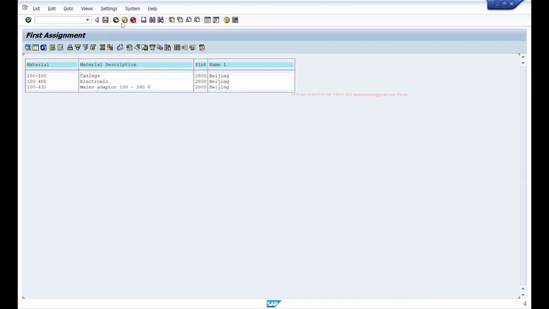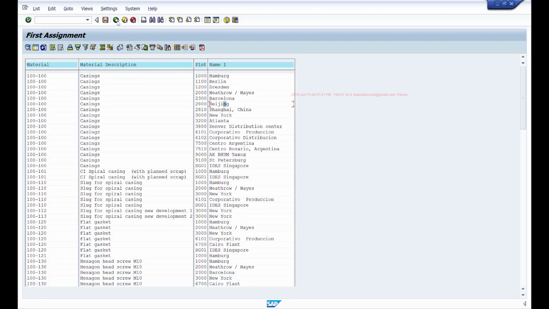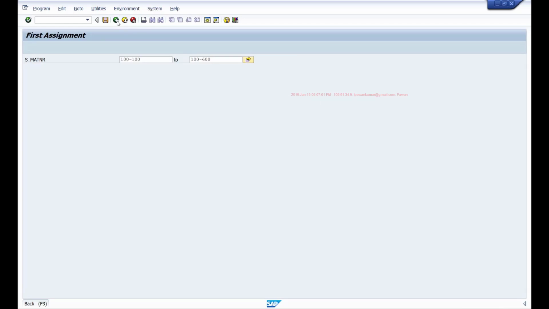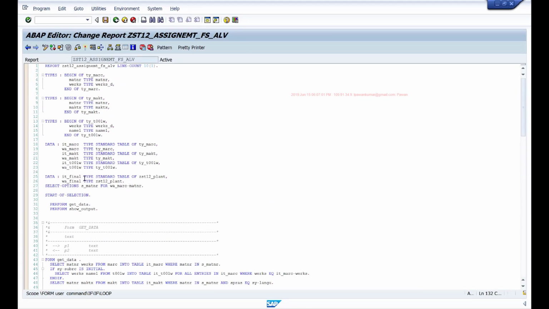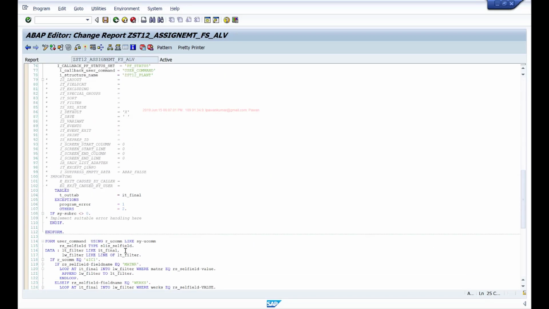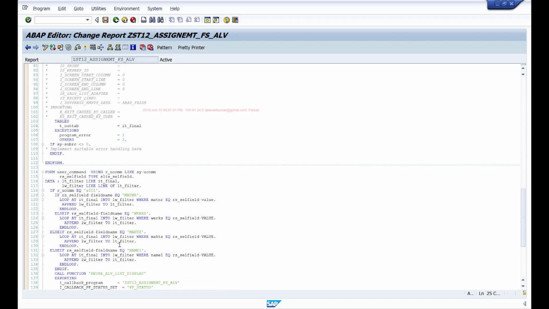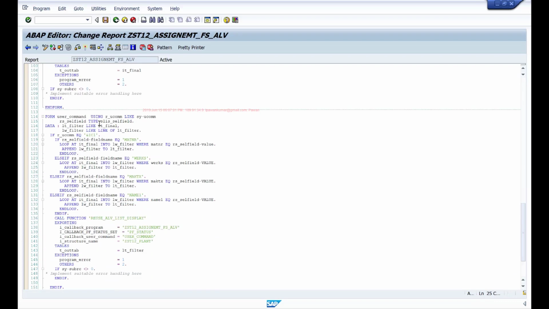Okay. Now since we are statically handling this, there is one more problem here. If I extend my IT final structure to add one more field, let's say I want to show the SPRAS field also in the output, then this logic will not work for that additional field because you have added it later, and at the time of developing this program I did not consider the SPRAS field in my if-else logic.